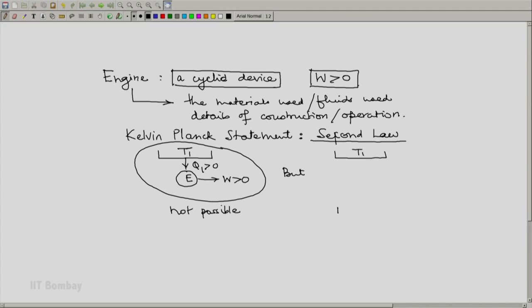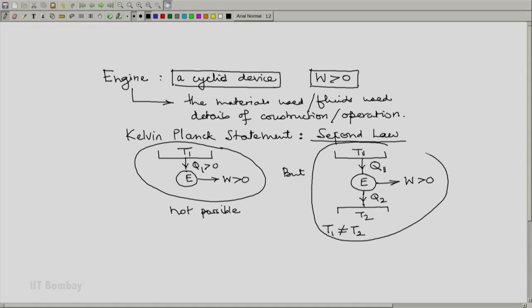But if you have two different temperatures, then an engine, now we call it a 2T heat engine, will work by absorbing heat from one reservoir and rejecting heat to the other reservoir. Now let us have this nomenclature that reservoir T1 will be the one which supplies heat Q1, reservoir T2 will be the reservoir which accepts or to which the engine rejects the heat Q2,